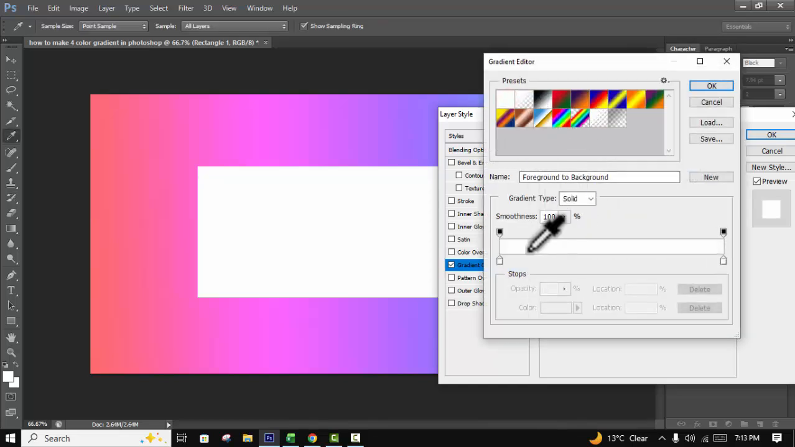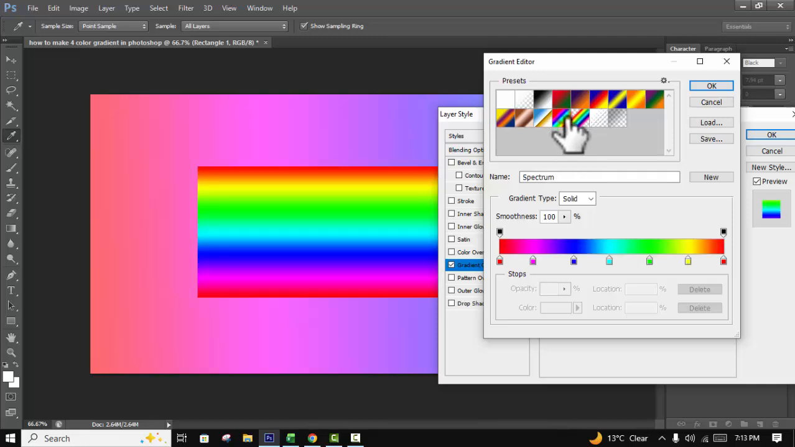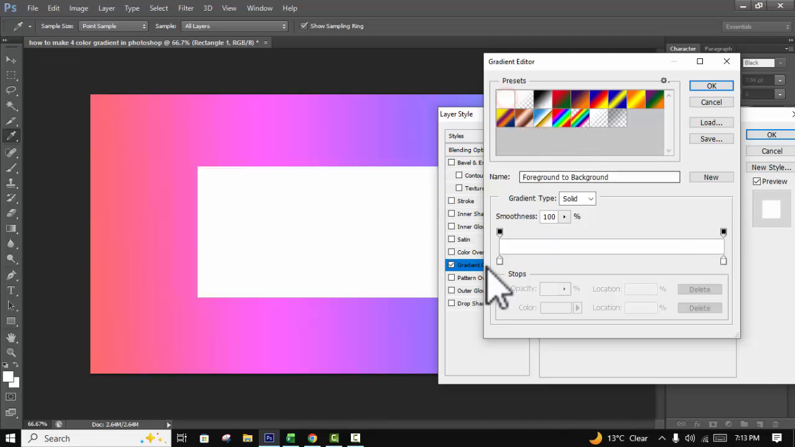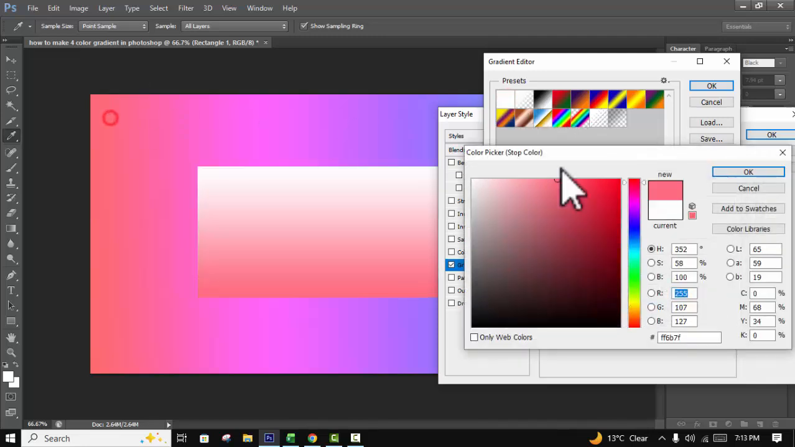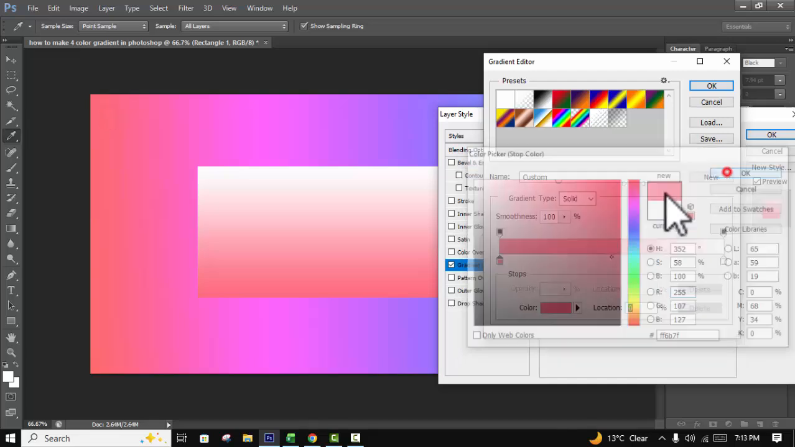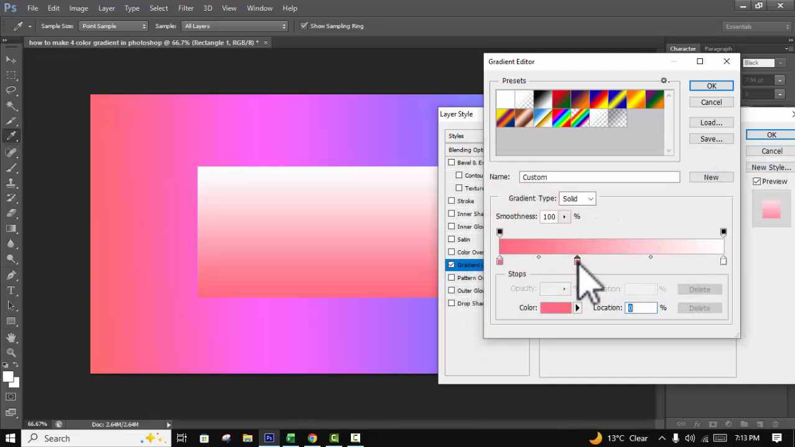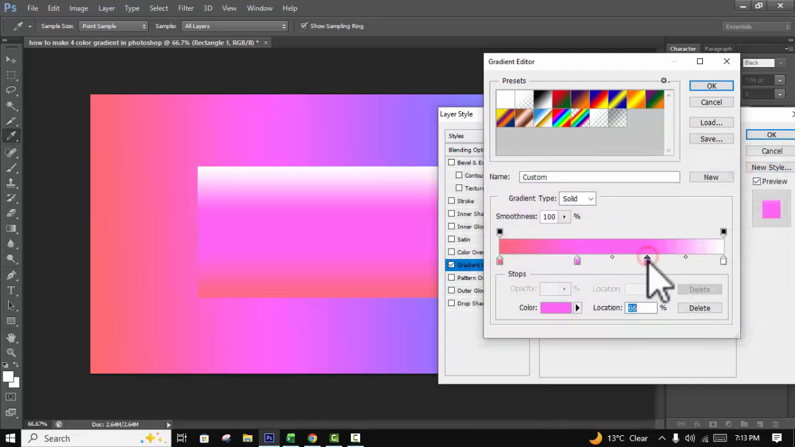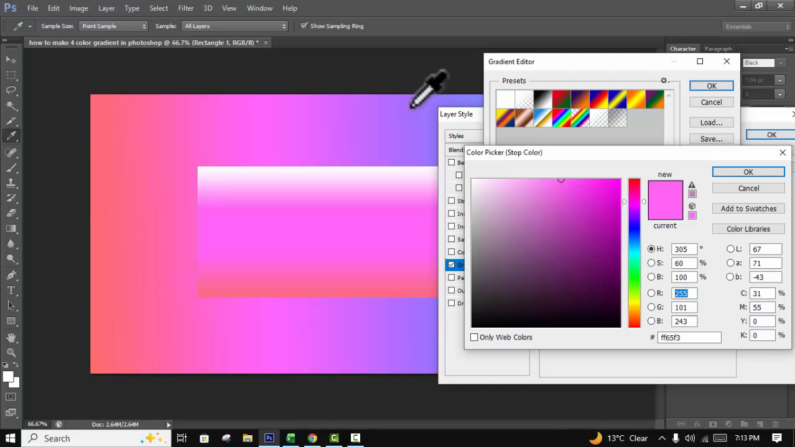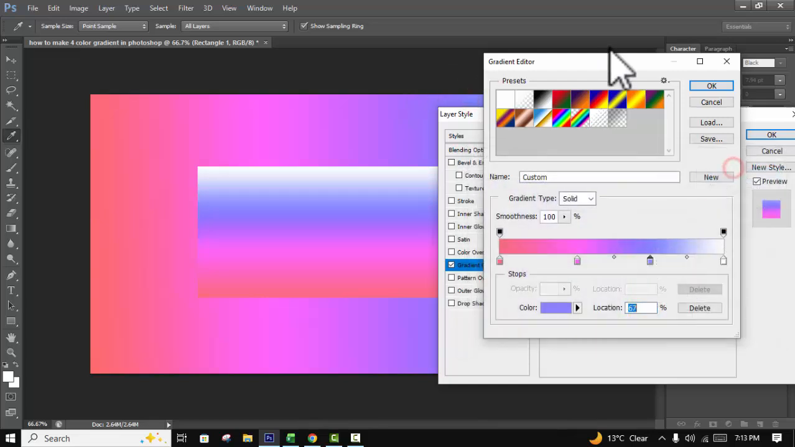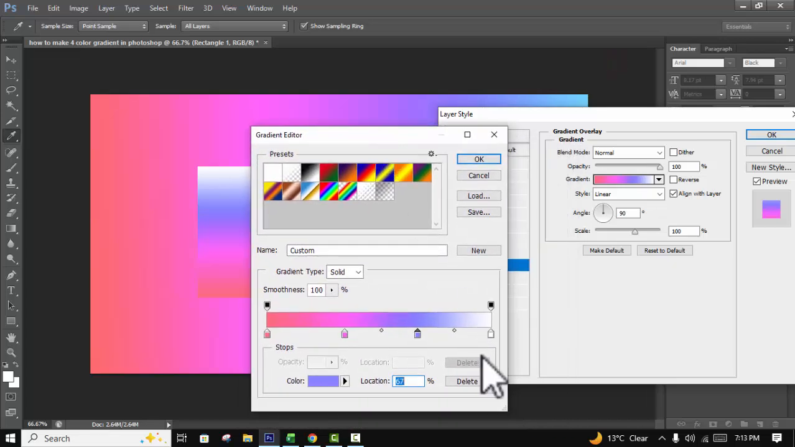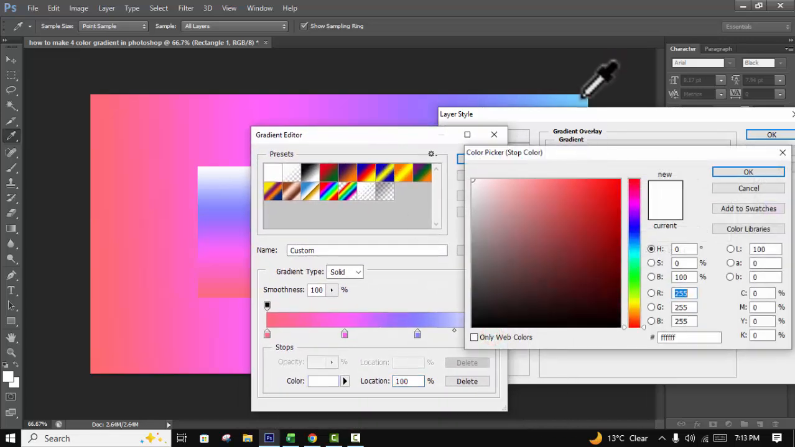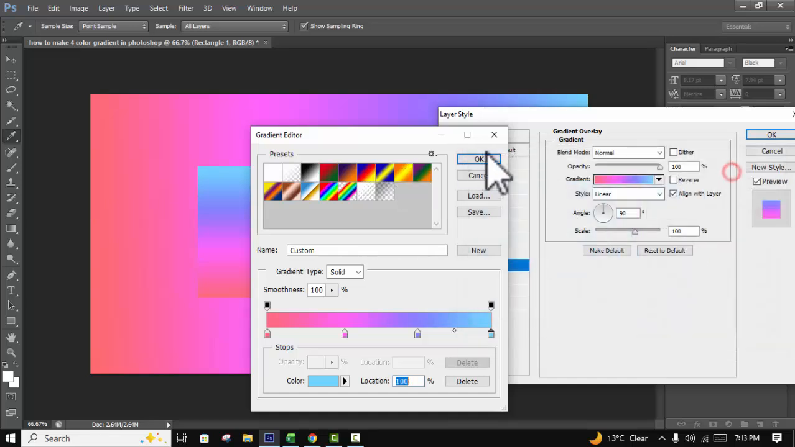and apply the same process. Color 1, color 2, double click, color 3, color 4,